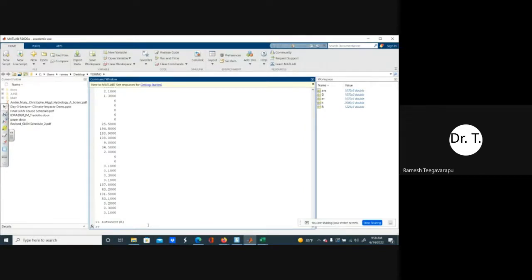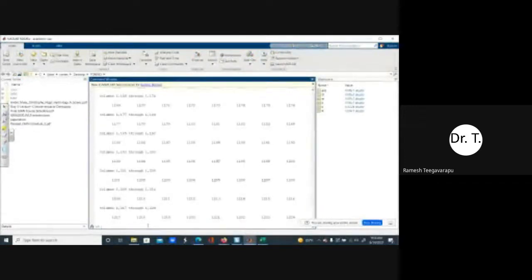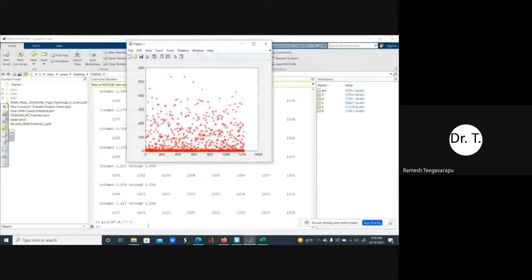So I know that there are 1,224 values. So I'll just put a K. Doesn't matter whether I use the monthly values. 1 to 1,224, right? Okay. So I just created an index for that. Now I'm going to plot lowercase k transpose, and then the R value, and then I'm going to use a symbol R star. Okay, so I'm going to just plot the scatter plot with respect to